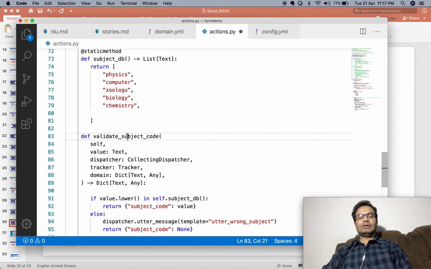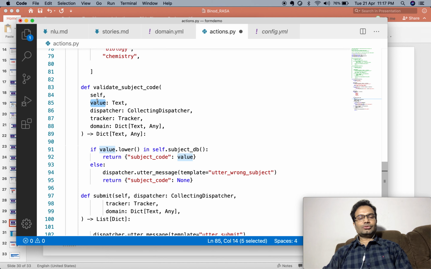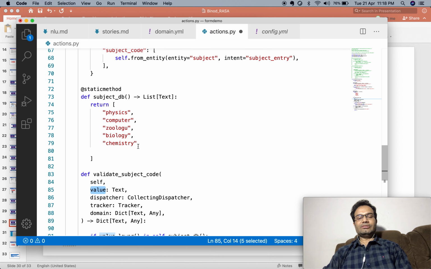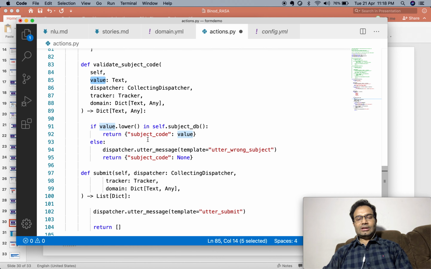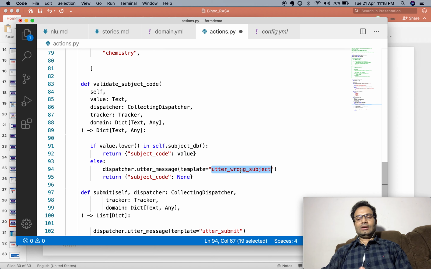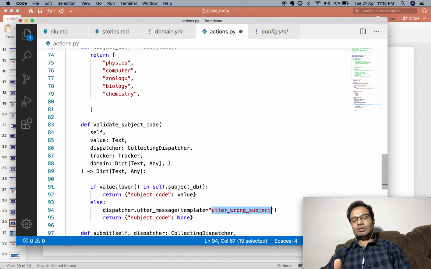So what I am doing here is fetching the data the user input. Suppose the user inputs mathematics, so the value will contain mathematics. I am making it lowercase and matching it against this list. If the subject is not in this list, I will do 2 things. One, I send a message to the user, hey, mathematics is not in the database, and we set the slot to None. The moment you set None, it will repeat the same thing again. So this framework will keep asking until you give the right data as per your business rules.